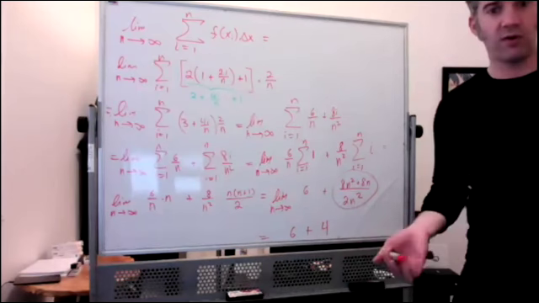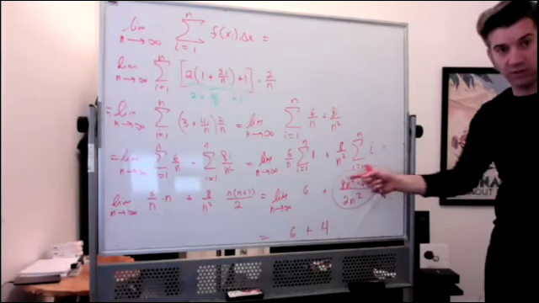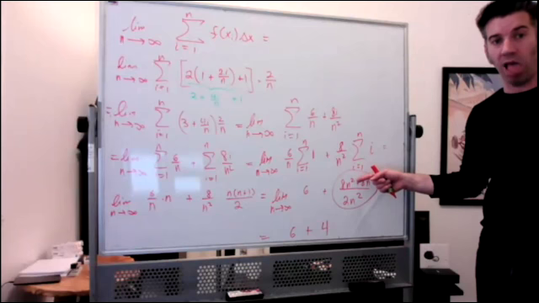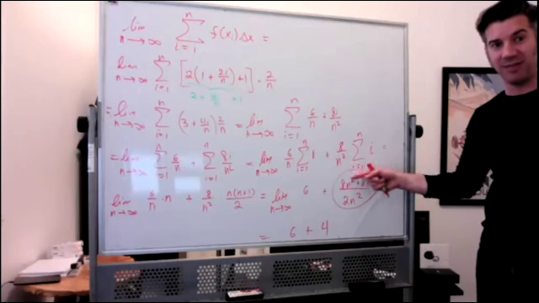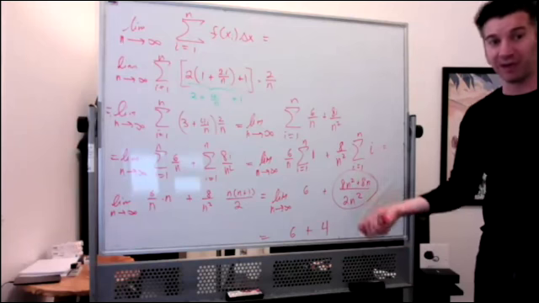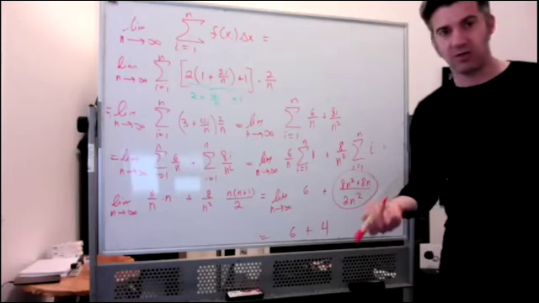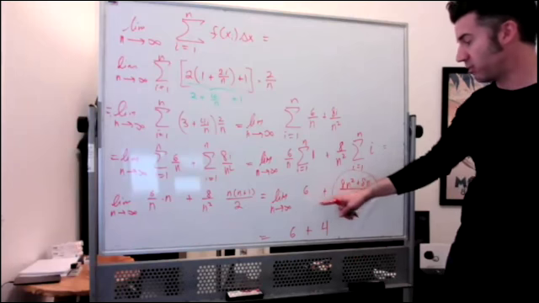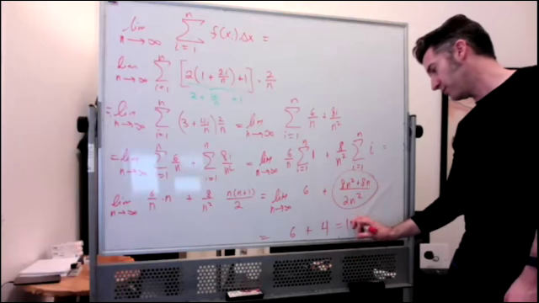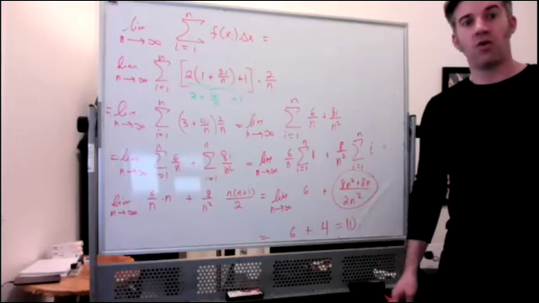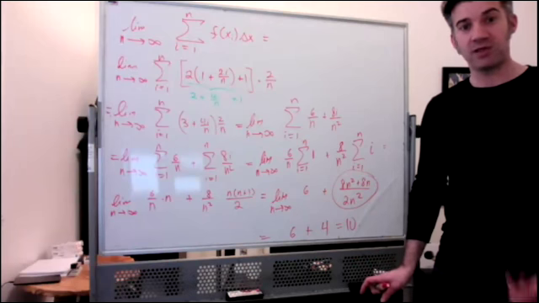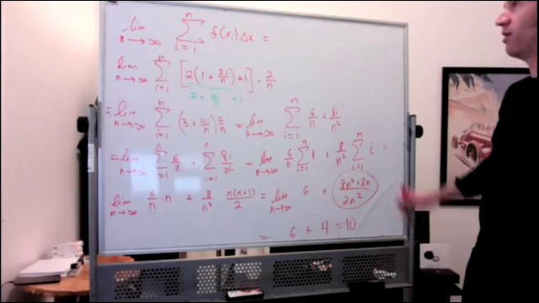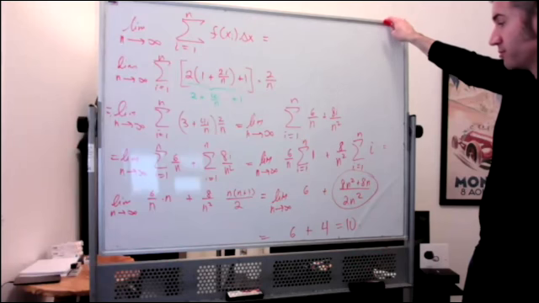And the way we know it's 4 is because you've got a rational function where the highest degrees in the top and the bottom are the same, or the degree is the same, is what I should be saying. And so you get the quotient of the leading coefficients, which is 8 over 2, which is 4. So our answer is 6 plus 4, which is 10. Okay, so now let me point out that,